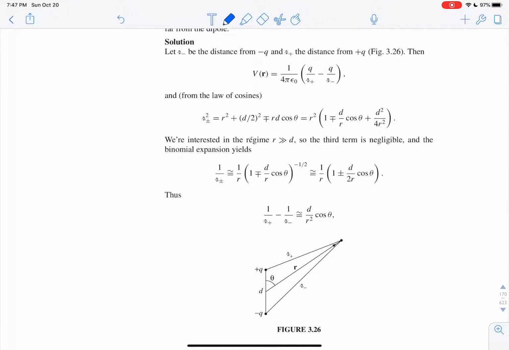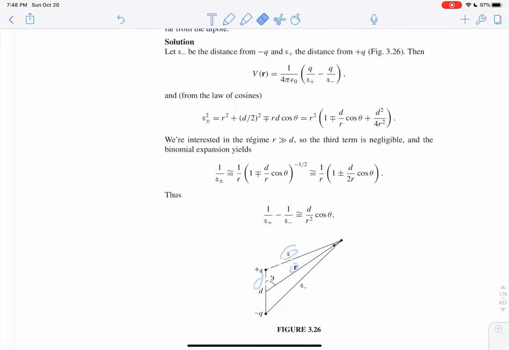Now all we have to do is put this in a different form so that it's maybe independent of two r variables, and let's maybe try and put it in terms of the separation distance between the charges. How about that, and then how far away we are from the center of it. So maybe in terms of r and d, maybe that'll be easier. So if we want to figure out what r plus is in terms of, say, this distance, which we can call d over 2, and this distance r, we can use the law of cosines, which relates d over 2,